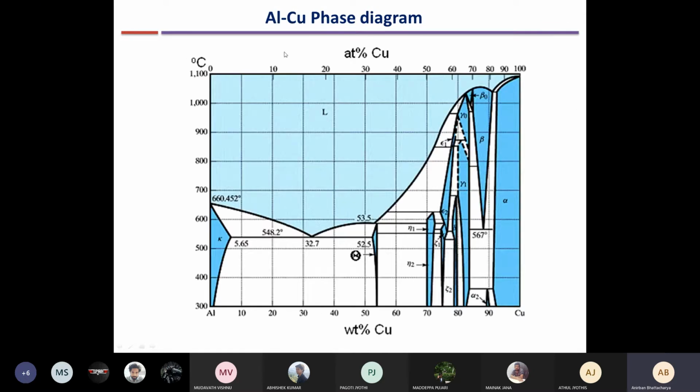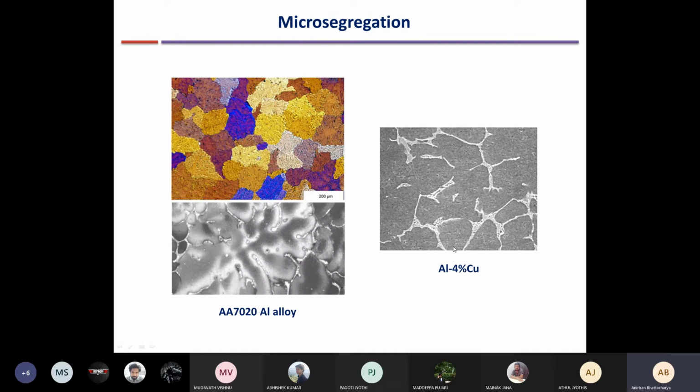This is another example. So you can see that phase diagrams can be very complicated, but if I just look at only up to this part, this is like a normal eutectic phase diagram. Okay, the rest of it is very complicated. We'll not go into the details.